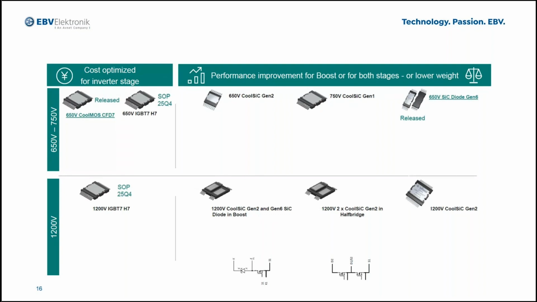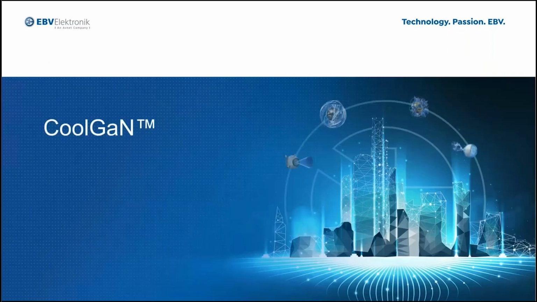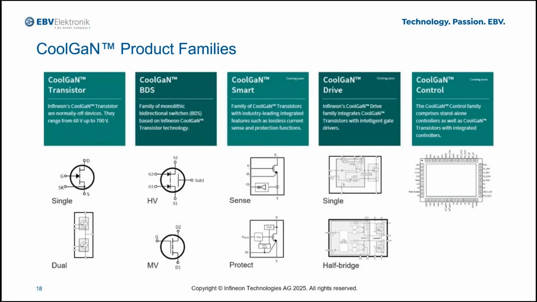Now for my last part, I would like to introduce CoolGaN, which is the gallium nitride technology from Infineon. And these are the different product families that Infineon will launch over the course of the coming months, quarters, and years. So from left to right, you see an increase in complexity and integration of the device around the gallium nitride transistor. And let me quickly talk about the advantages of the CoolGaN transistor combined with field-oriented control